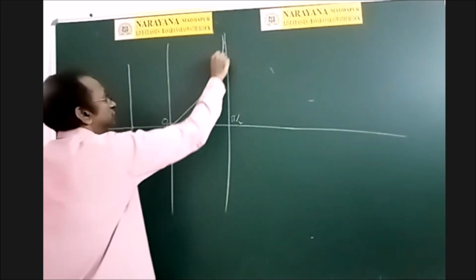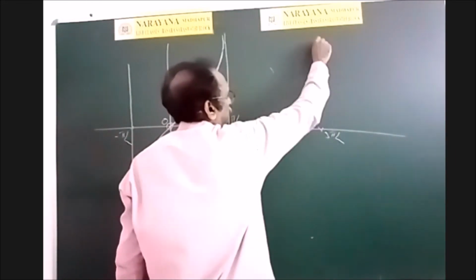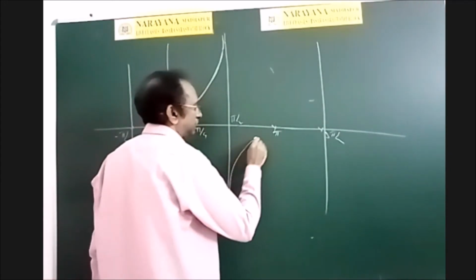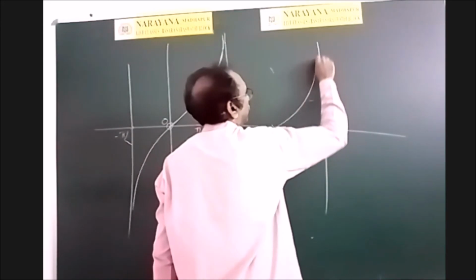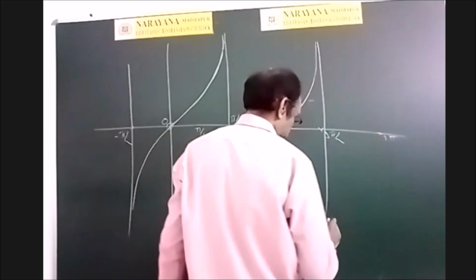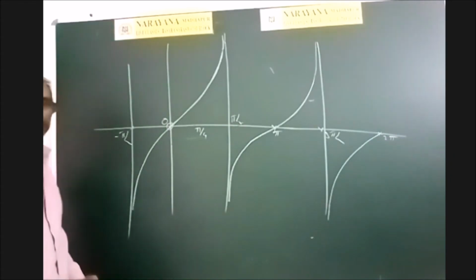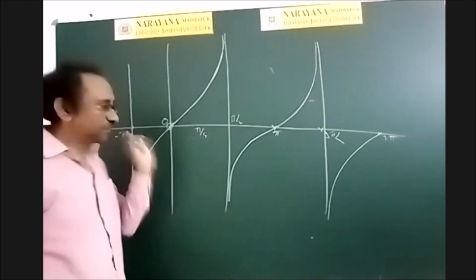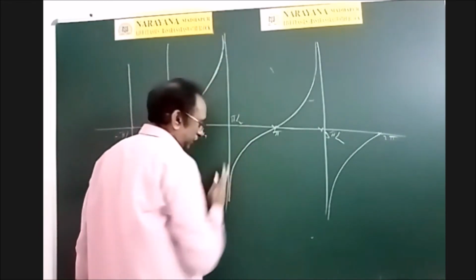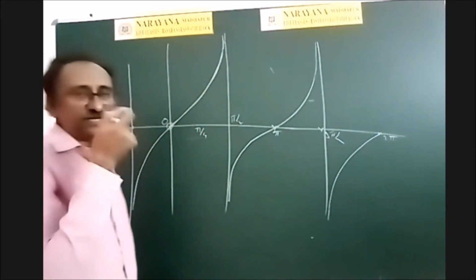will be like this. And again, this is pi, this is 3 pi by 2, tan 270 is not defined. So in the second quadrant tan is negative, in the third quadrant tan is positive. Again in the fourth quadrant, the graph goes like this. So this is the graph of tan x. Observe, there are cuts. At some points, tan function is not defined. At what point? At pi by 2 tan is not defined. At 3 pi by 2 tan is not defined. Therefore, tan is not defined at some points.